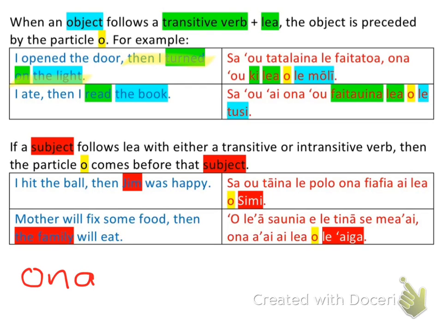And then I turned on, o ki. Okay? Just like we've done before, this is my descriptive pronoun, this is my predicate or my verb. Okay? And then I end it with the lea. And since this key right here is a transitive verb, it's transferring its action to an object,